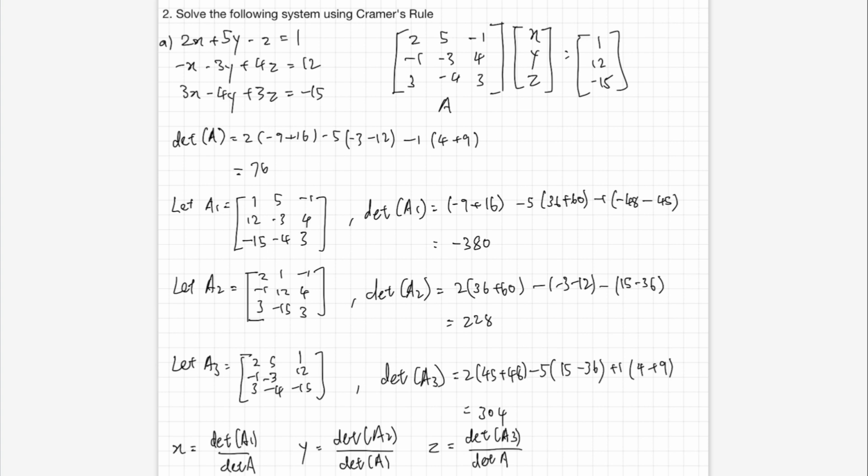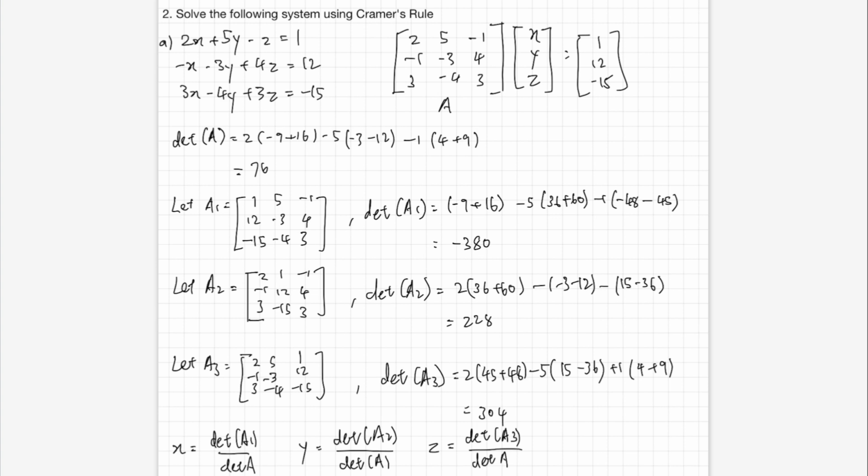Question number 2 is to solve the following system by using Cramer's rule. Cramer's rule is the method of substituting the answer into the base matrix, then finding the determinant and dividing by the determinant of the base matrix to find the answer. So in this case, I let 2, 5, negative 1, negative 1, negative 3, negative 4, 3, negative 4, and 3 become matrix A, and use the substituted answer to become the matrices